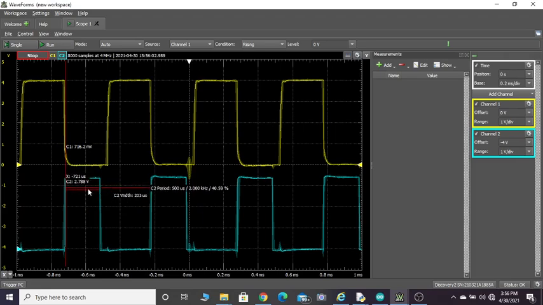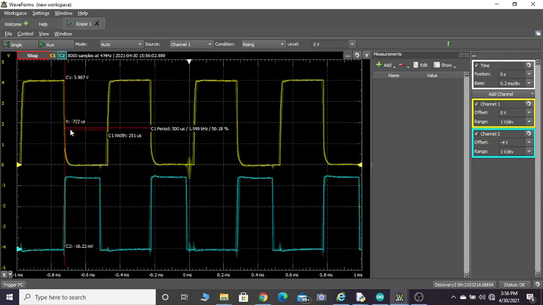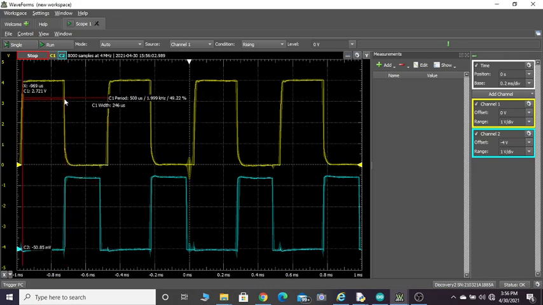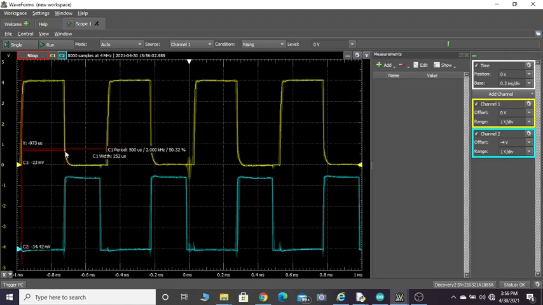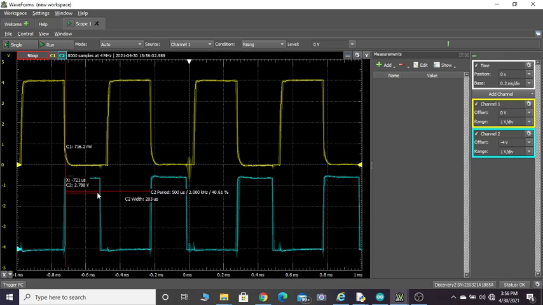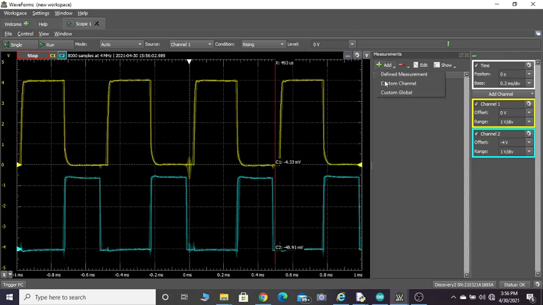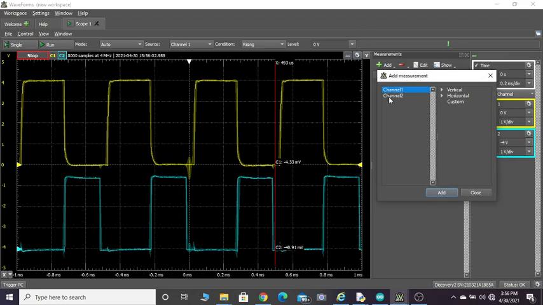The pulse width of the blue waveform, which is the actual output waveform. So from the point where the input signal goes from VCC to 0, from here till this point is the pulse width. Of course, you can see from this, the pulse width happens to be 203 microseconds, which can also be verified using this. Let me just use this second channel. Let me measure the horizontal pulse width.